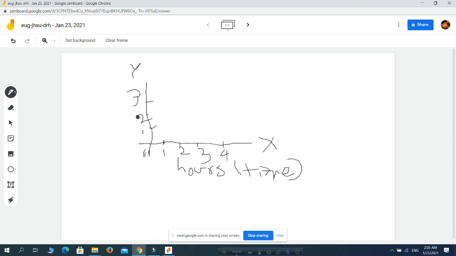So at first hour, let's say when the time is 0, the internet traffic was 0 as well. At time 1 a.m. internet traffic was, let's say, 1 Mbps.